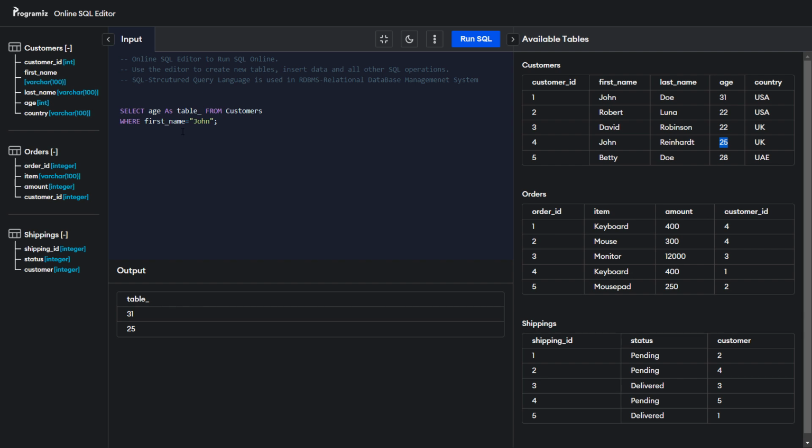31 and 25 shown as table ages, I can say, or customer ages. So I'm just going to sort it. How would those be ordered? ORDER BY, I'm ordering it by the customer ID,